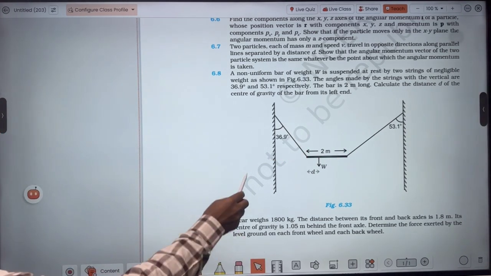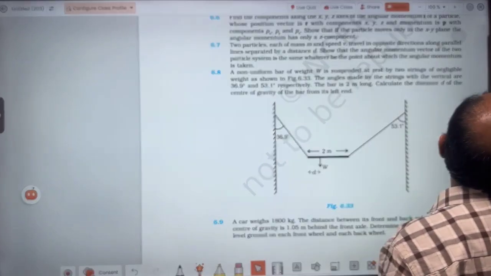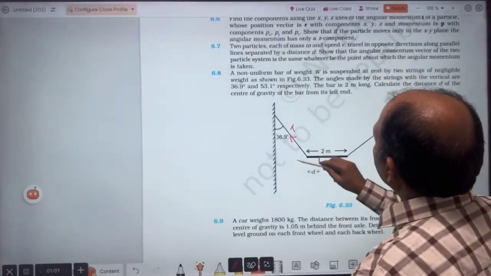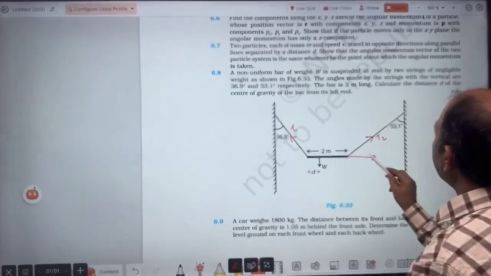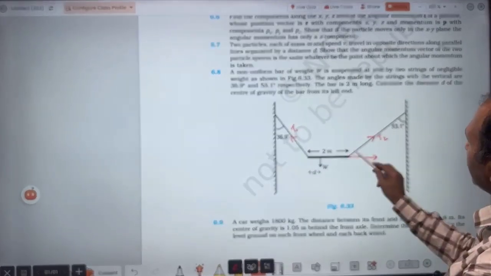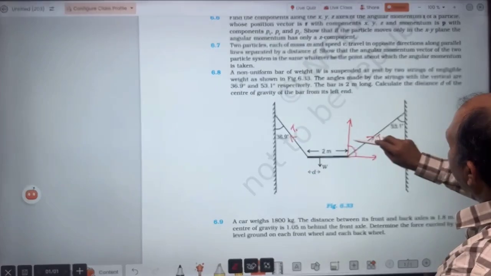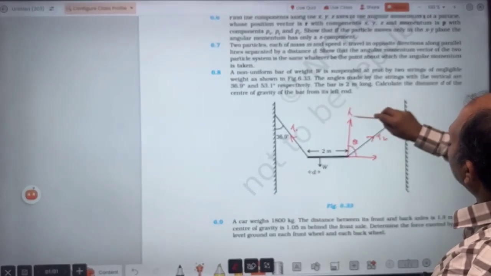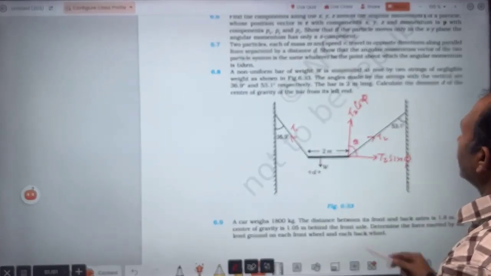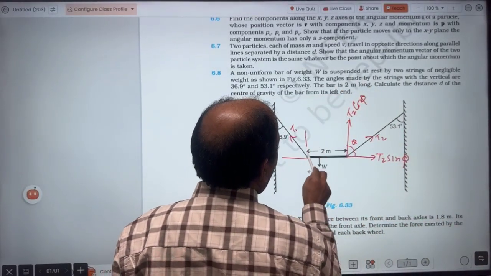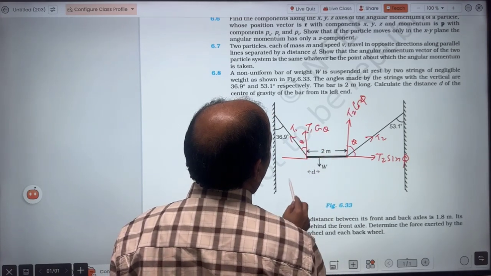so previous relation, if you remember, once again I can explain everything systematically so that thing may become clear, because this question is assumed to be little tough, but don't worry, you can easily do. So this is T1, this is T2. Here we extend this line and either make it 90 degree, then this will be same angle, or here just do this and this angle will be same. Let's write it as phi for time being. So this will be T2 cos phi, and here T2 sin phi, and here again this angle will be say theta, and so this will be T1 cos theta, and this will be T1 sin